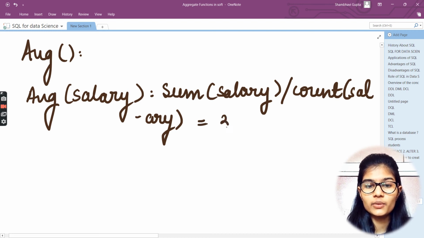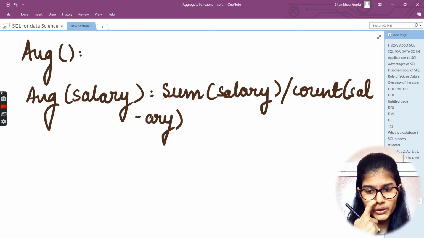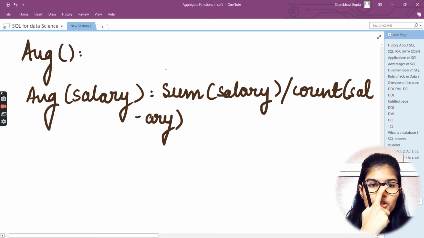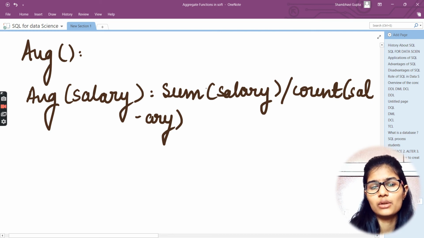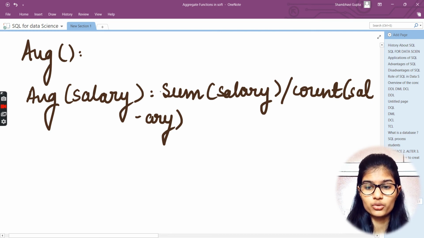Okay, that is equal to 300. Not that we, because we haven't again calculated any value, so that's okay. We won't get it in the final answer. But when you apply this query onto the IDE or the SQL workbench, whatever you are using, if you just want to find the average of that particular salary, you could simply put the sum and the count of salary, sum divided by the count of salary.